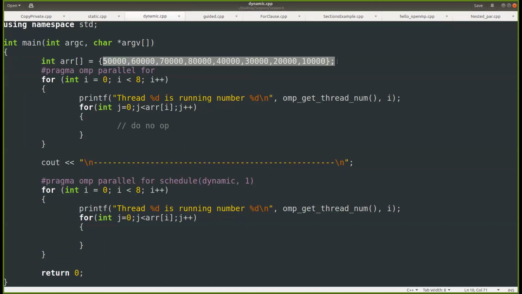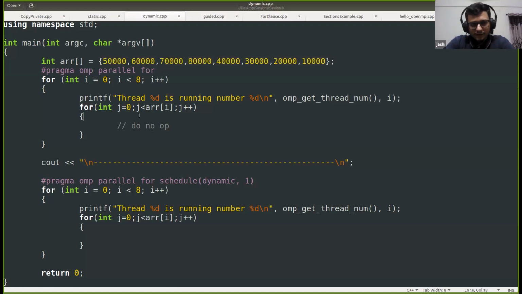Suppose in the second part of this, the second loop, what would happen if after each iteration we were to modify the value of the next array index based on the value of this iteration? Hmm, that is a good question. I think we can try this one. I don't even know the answer, so that's why I'm saying.